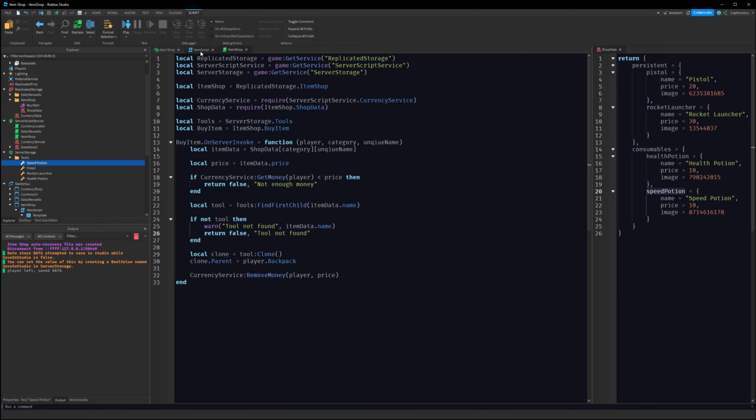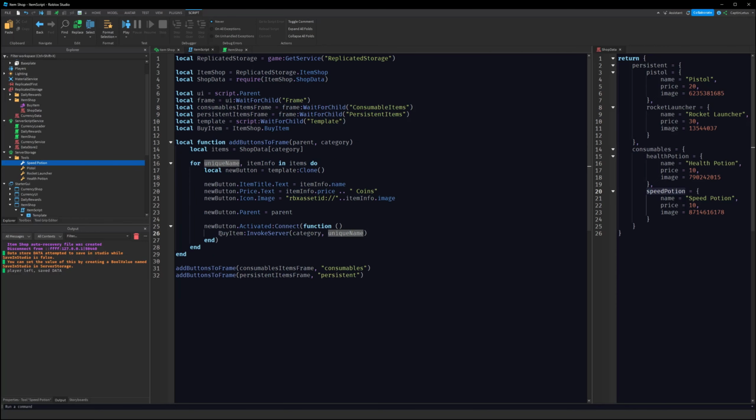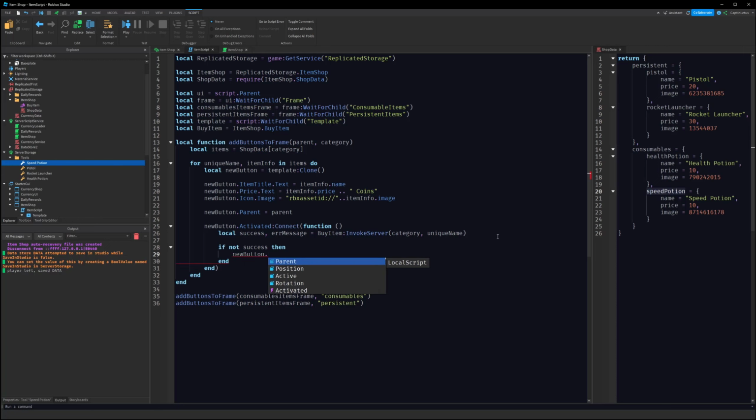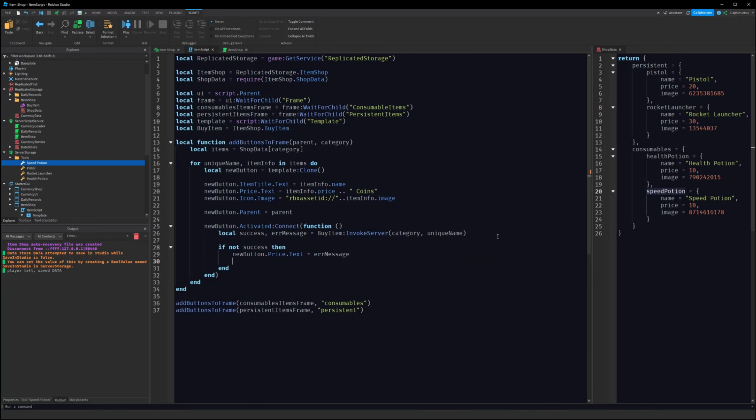And then inside of our UI script here, we can actually get the messages. So we can get local success and error message here. So if it returns false, success would be false, and then we'd have an error message. So if not success, then maybe we can do new button dot price dot text equals error message, and then we'll wait a bit. So task dot wait 2, and then we'll set the new button dot price dot text